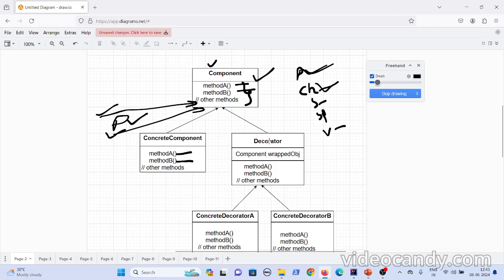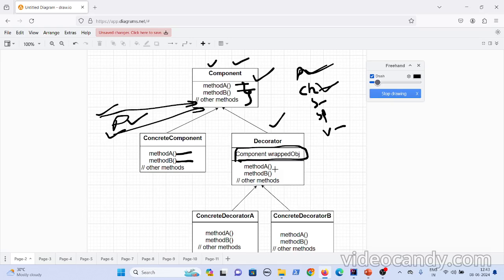Now you have another interface defined, decorator, which extends the component and which also has a component. Because if you see decorator, what it is doing on top of pizza, it is adding.